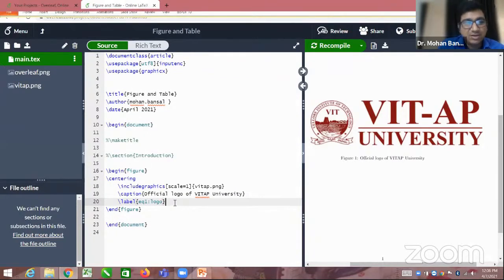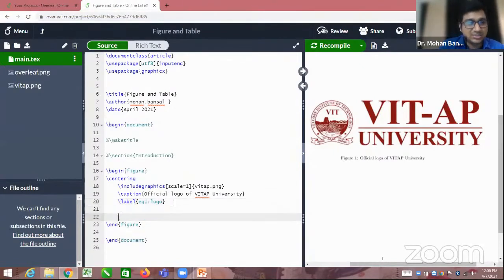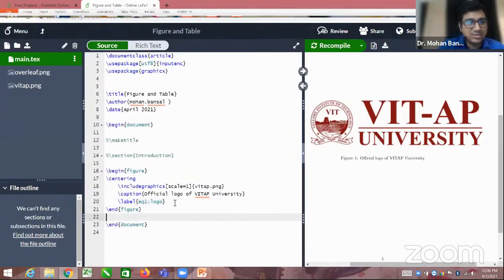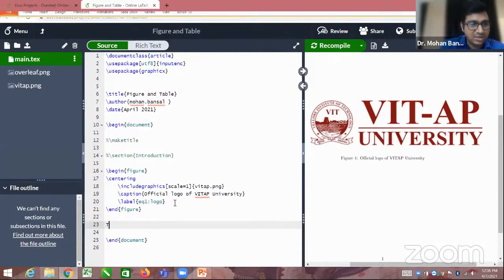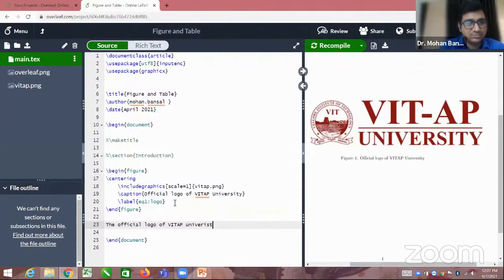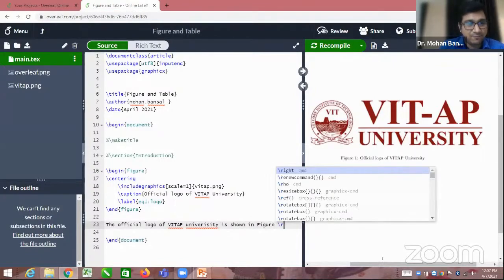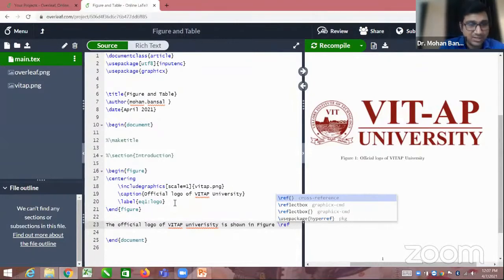Now this is the label we want to insert. We want to refer to this figure in the text. Let's see. I'm writing some text, one line: the official logo of VITAP University is shown in figure, slash ref.